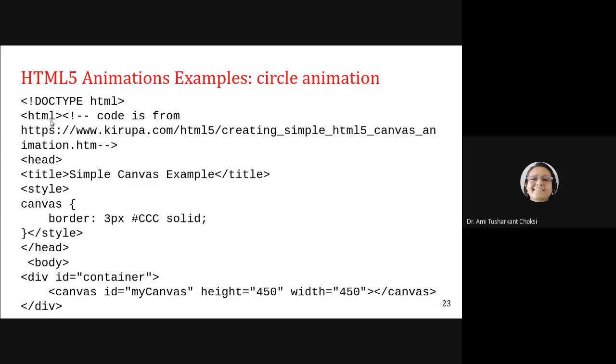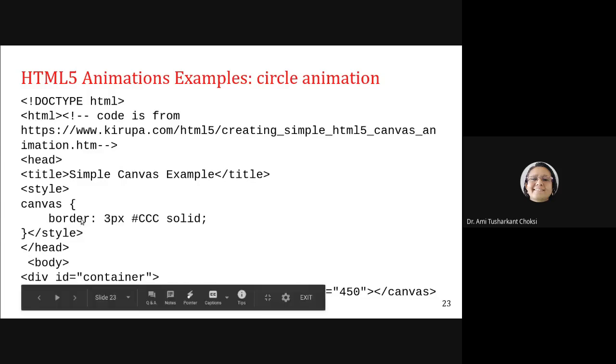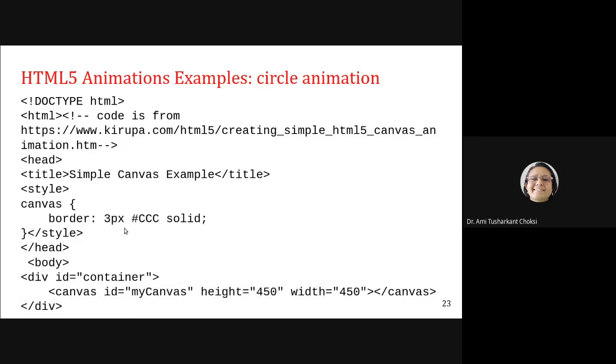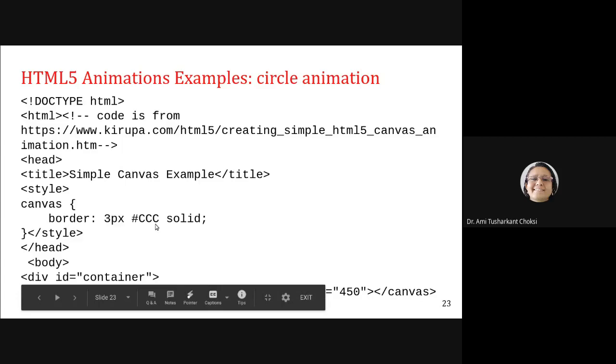Doctype HTML, then HTML, then after head, then title, right? Now comes style. For style, we can say for canvas, the border is 3px, that is 3 pixels. And what is the color?